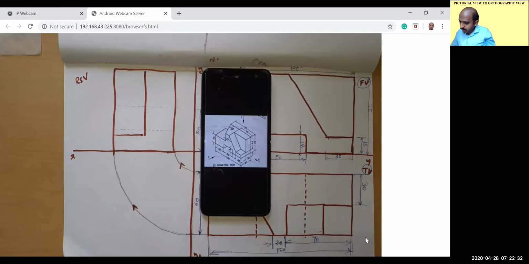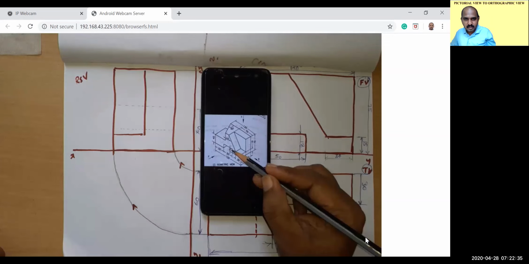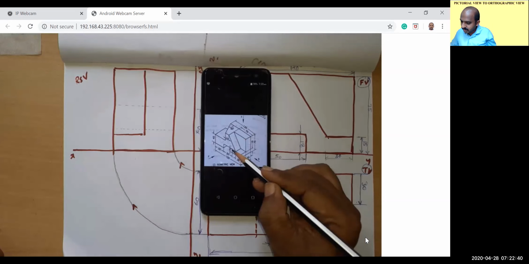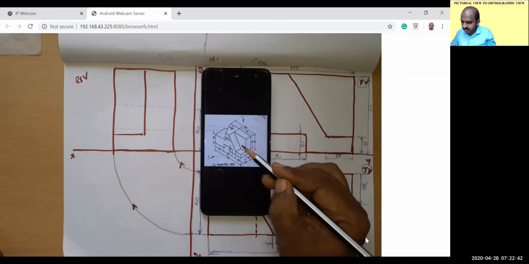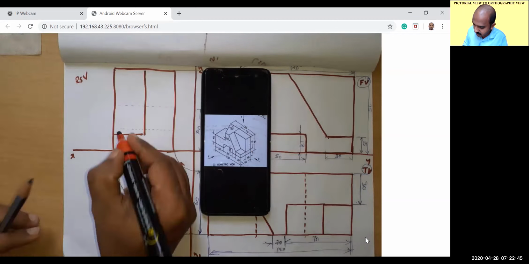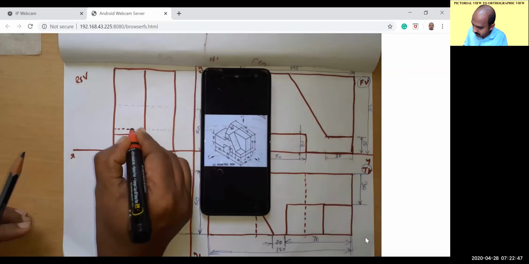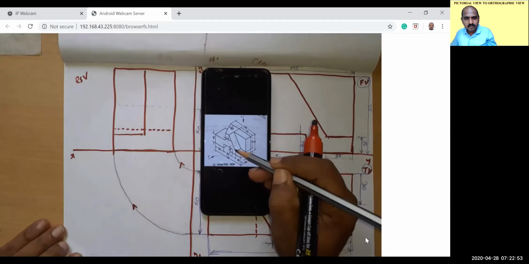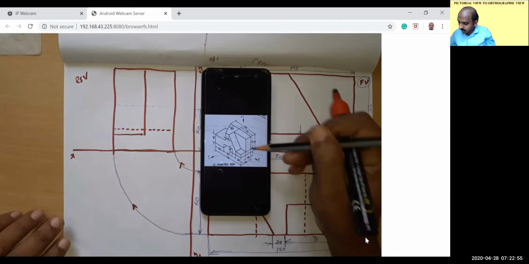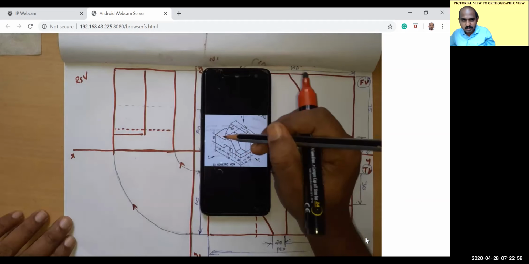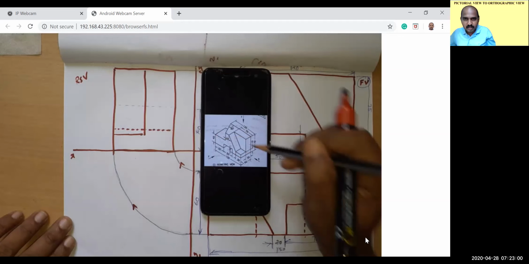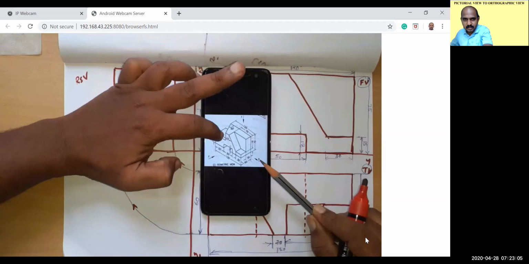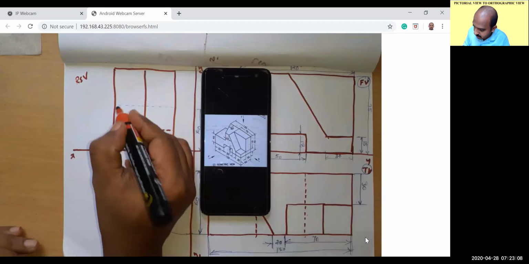Also, when you are looking in this direction, as I mentioned, there is a rectangular hole inside. So there is a hidden line at a height of 18. This shows the rectangular face, which is at a height of 18. Clear? So one more hidden line. When you are looking in this direction, up to 40, there is a cutting. You are looking in the direction of R, so this line is hidden. That is shown here.